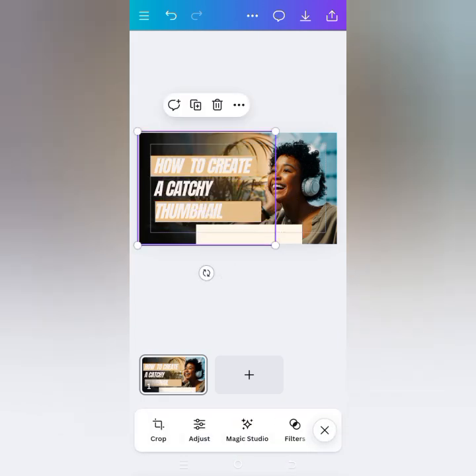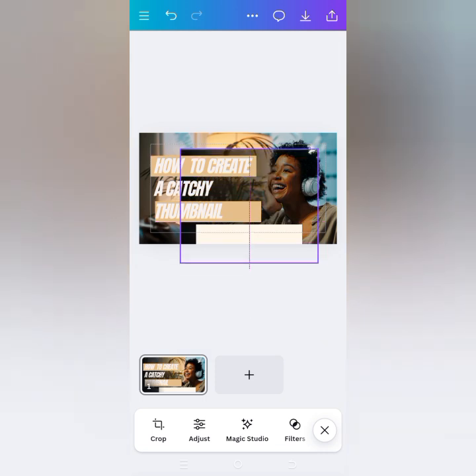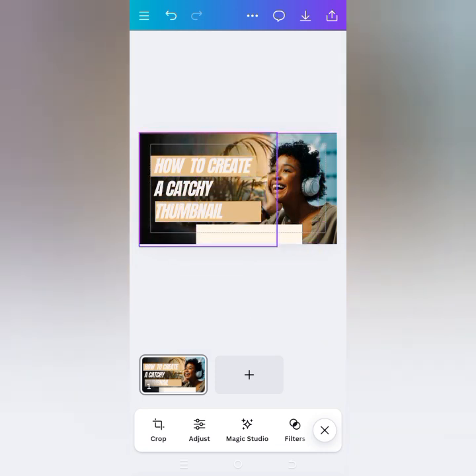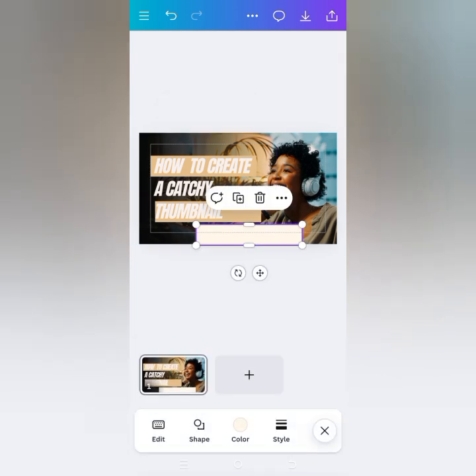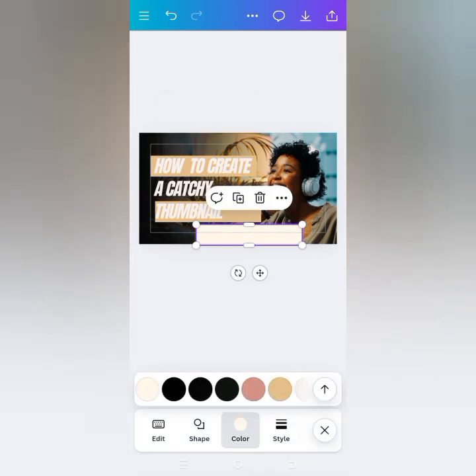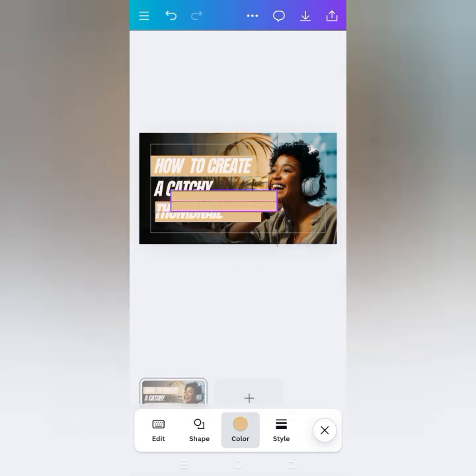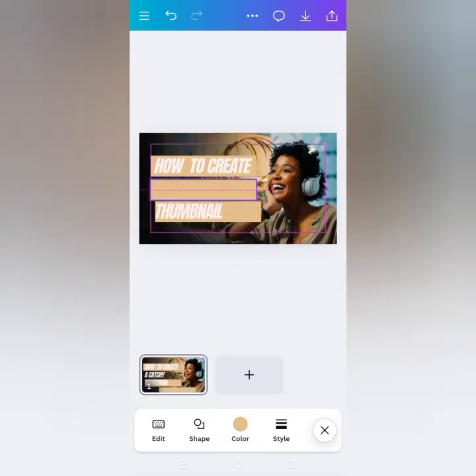So what I'll be doing is checking other elements here. I can see this thing is a shadow. I'm not the one that added it. It's existing here as an element. I'll check the transparency. It's 100%, so I'll leave it at 100%. I would try to work around these shapes and the text to see if I can get something that is